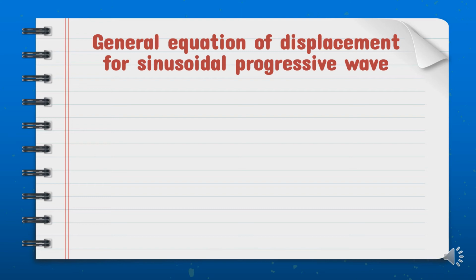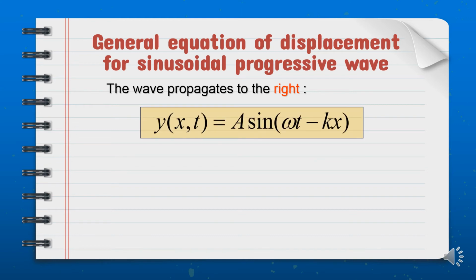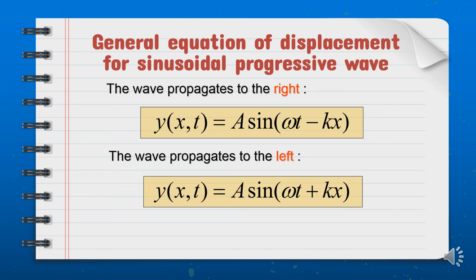General equation of displacement for a sinusoidal progressive wave. If the wave propagates to the right, the equation of displacement will become y(x,t) equals A sin(ωt − kx). If the wave propagates to the left, the equation of displacement will become y(x,t) equals A sin(ωt + kx),